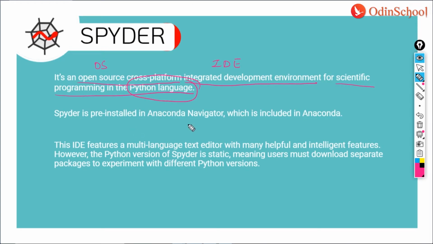Now, Spider is pre-installed in Anaconda Navigator also, but as I said, there are a lot of times when you might want to work on application otherwise too. In that case, you would need, so every application has two variants. It has an offline variant and an online variant. So it has two variants, and both of these variants are important considering the fact that you might have access to internet or you might want to work at any given point of time independent of a location.